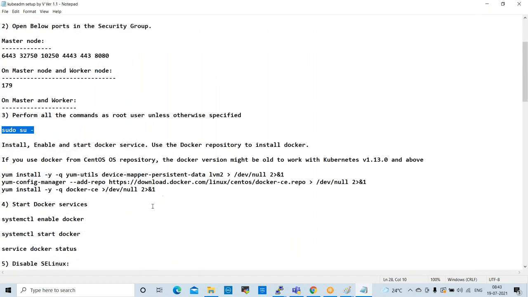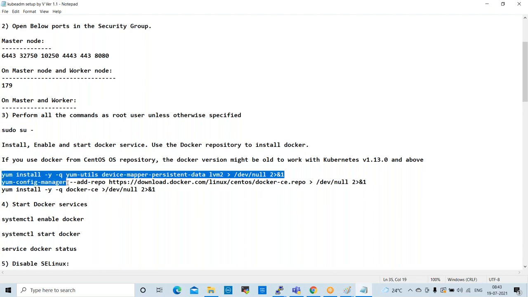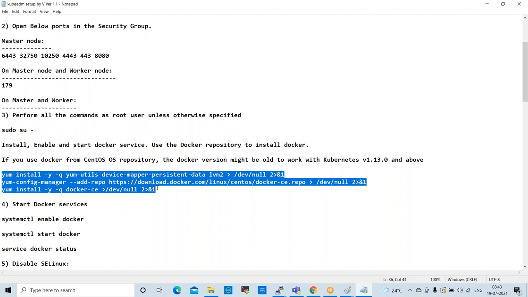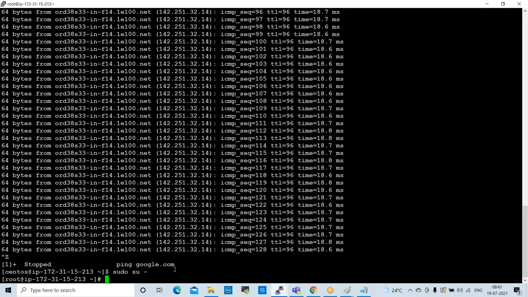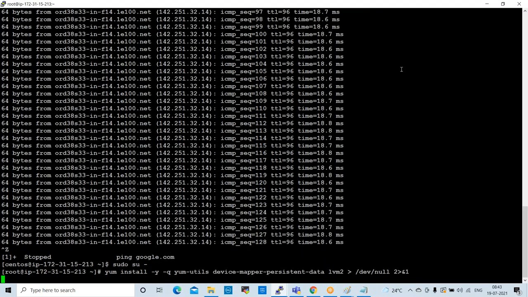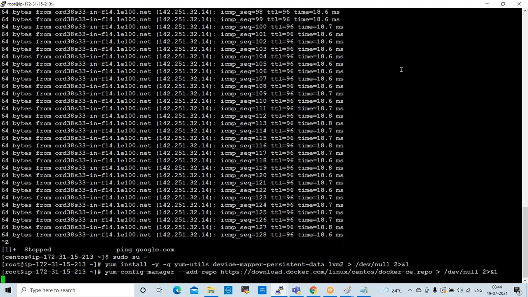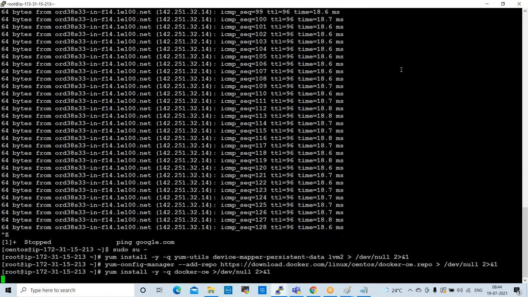Next one is, very first thing we need to install Docker, right? For which we need to execute all these commands one by one. These 3 commands we can execute at a time for Docker installation. Copy these 3 commands, execute on master. Enter.